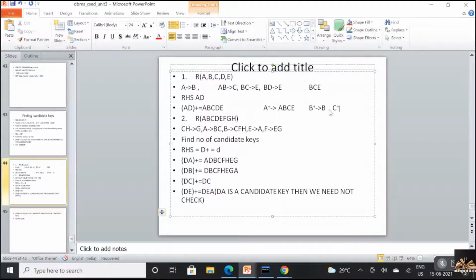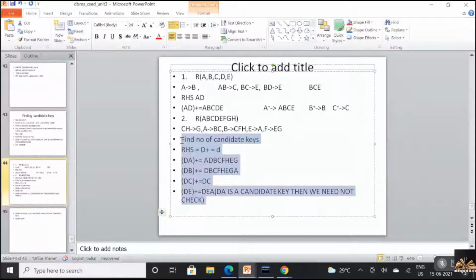So this way you have to work with finding out which is a candidate key. What is C? I've got only C closure as C. C cannot determine anything else. So this way. Okay. Now,